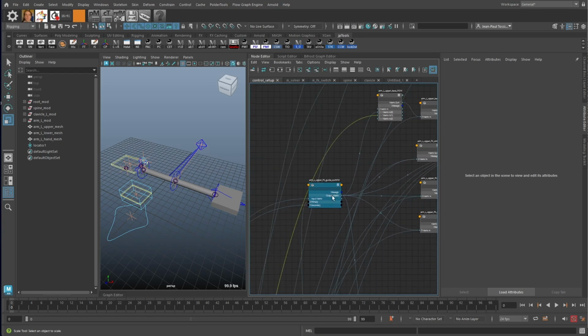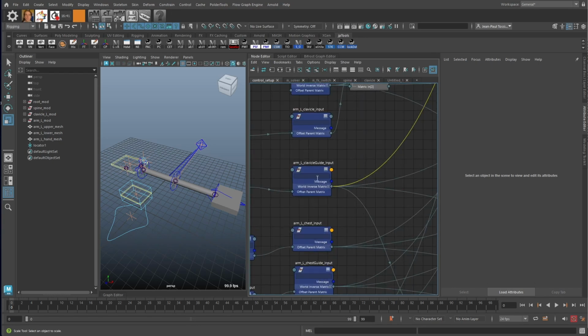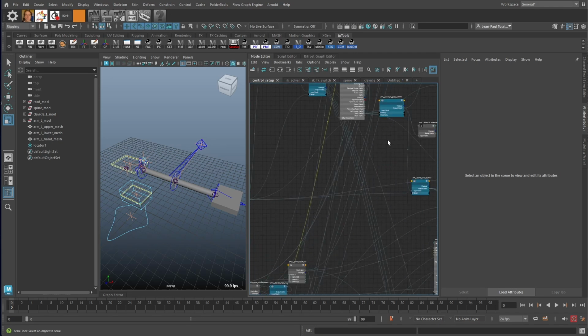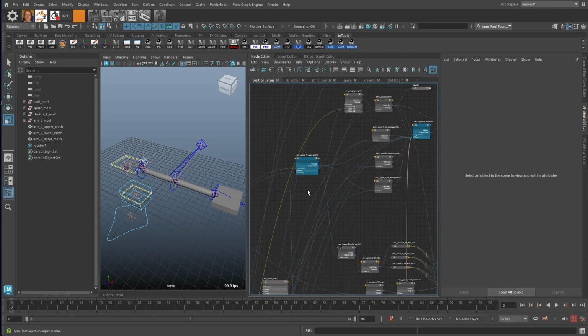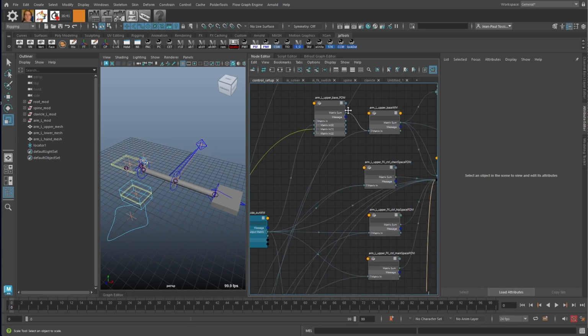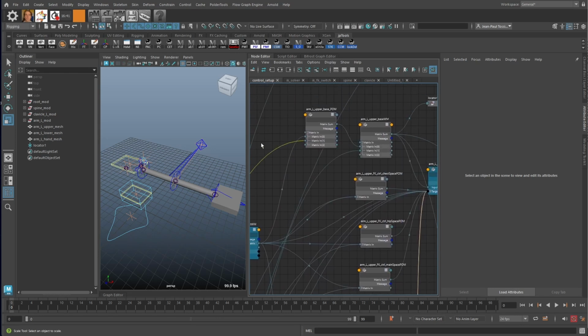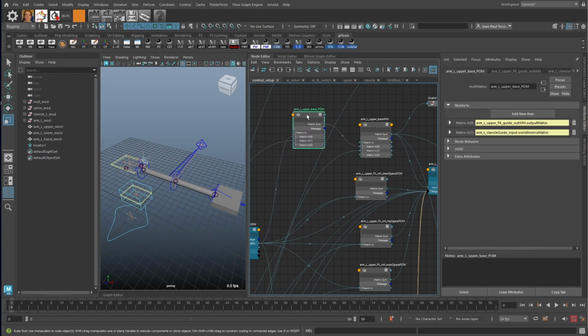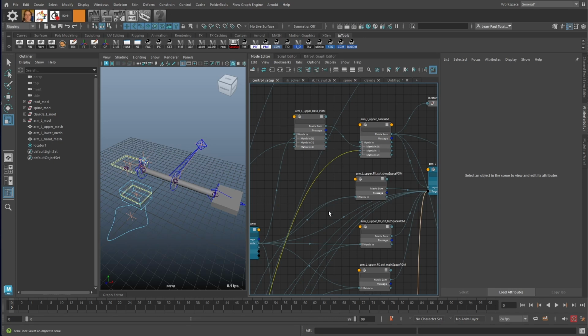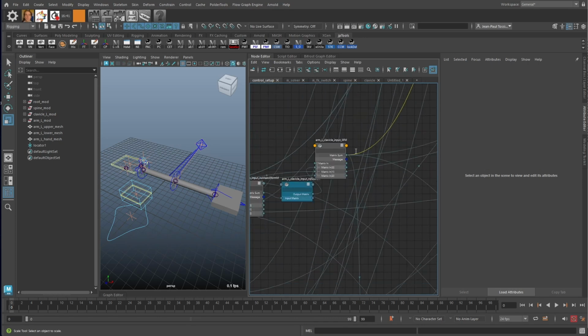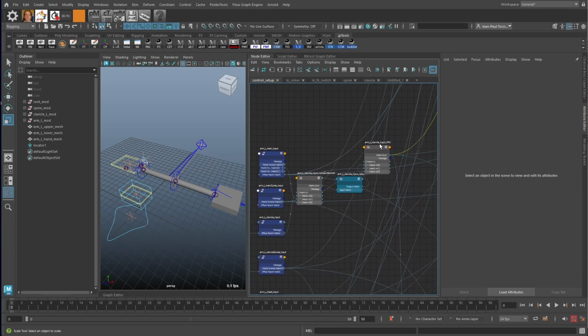And we are multiplying it with the inverted world matrix of the clavicle guide. But because we now have changed the matrix to not have the scale of the chest and the clavicle, we are multiplying the offset with the matrix without the scale. So if we were to change this back, so if we would not use the matrix that has not the scale of the chest, but not this one, that one, plug it back into the